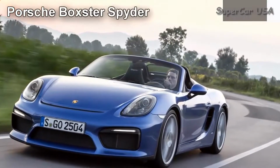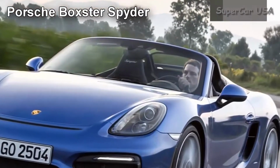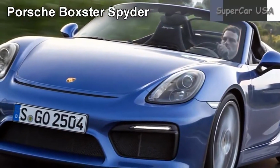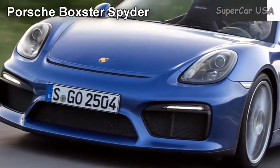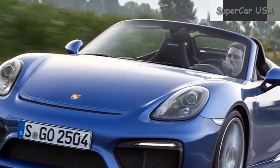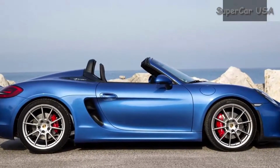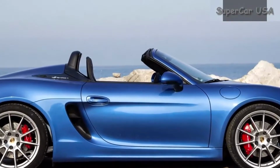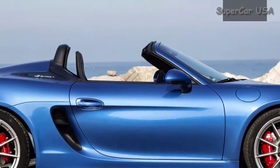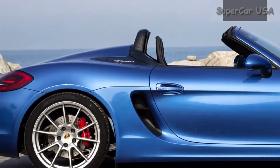Porsche says the new Spyder is both the most powerful and the fastest Boxster it has ever created. With 375 horsepower, 45 more than the Boxster GTS and 10 fewer than the Cayman GT4, from a naturally aspirated 3.8-liter flat 6 borrowed from the 911 Carrera S and a top speed of 180 miles per hour, the numbers back